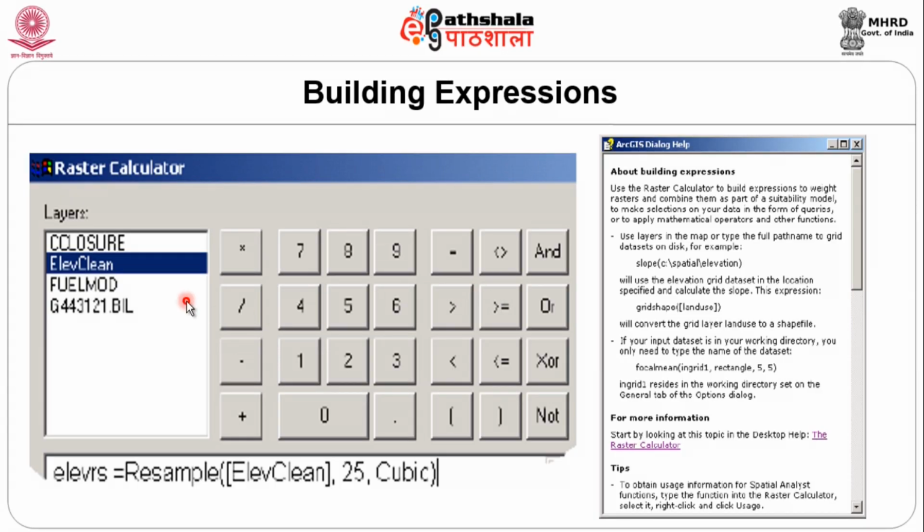So, when I intend to work on this, I have various advantages. For example, I can say something like closure 1. These are some of the facilities and inputs which are there. I can now say elevation new is equal to resample the elevation, clean that, and the method to be adopted is cubic convolution. So, when do you use this resampling method? Especially when you are working on, say, satellite data.